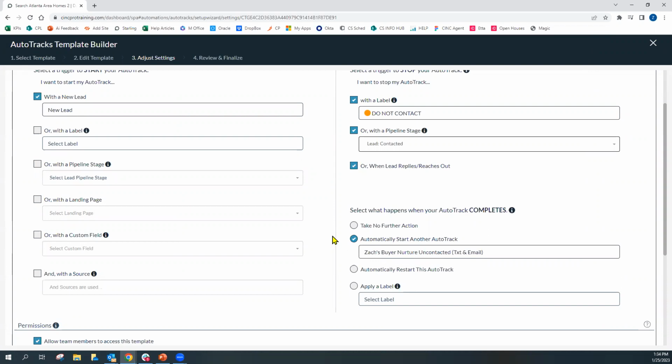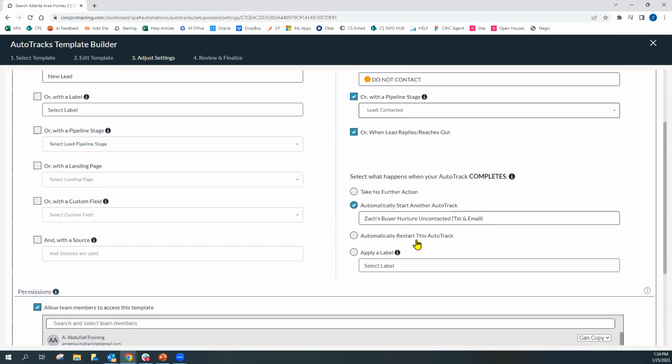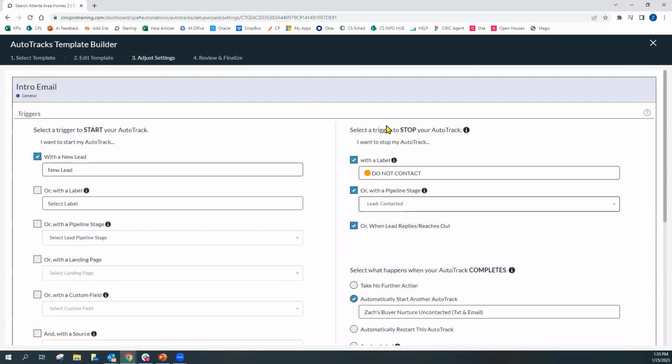Okay? You also have this option to automatically restart the AutoTrack. That puts the AutoTrack on a loop. At the end of the campaign, it starts over. It goes back to day one, right? So in this scenario, day 1, 2, 3, 4, after it sends the email on day 4, back to day 1, okay? And so day 4 to day 1, over and over and over until something stops the AutoTrack,